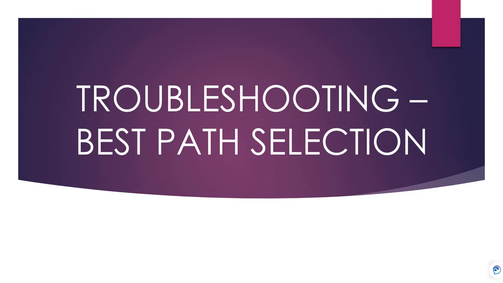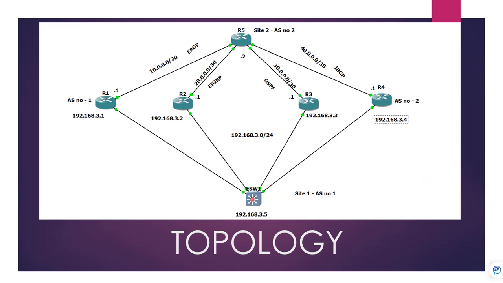Hello everyone, today we are going to troubleshoot a best path selection scenario. This is the topology we have. We have site 1 and site 2. In site 1, we have R1, R2, R3, R4 routers, which are connected to the core switch and all are in a single broadcast domain which has a LAN subnet